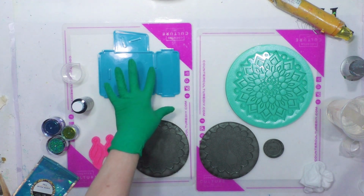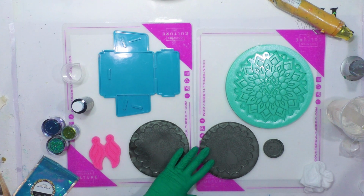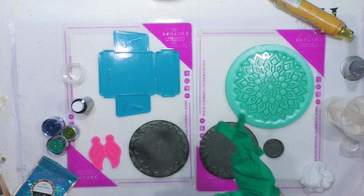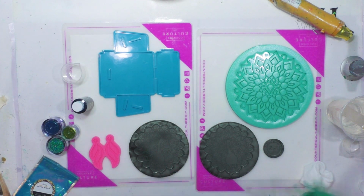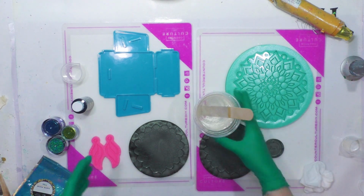I know that this takes 4 ounces altogether. I'm assuming this will take about 6. And I don't know how much that one takes at all. I'm just going to pour whatever I mix up and see what happens, and then if I need to add clear later, I can. So I've mixed, I don't know, at least probably 15 ounces of resin